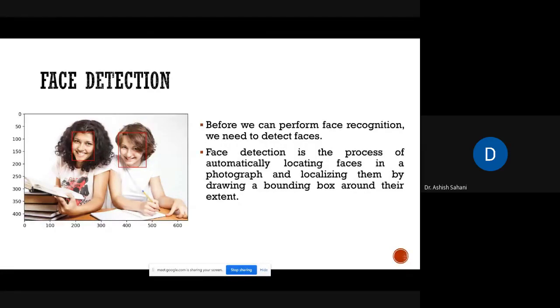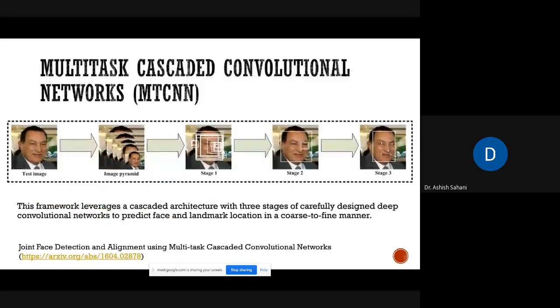It's just like the YOLO algorithm, in which we look for objects and create bounding boxes around those objects. Similarly, face detection is a process in which we want to create bounding boxes around the faces present in the image, so we can localize the region in which we want to recognize. There are multiple ways of doing face detection. There are conventional signal processing methods or image processing methods.